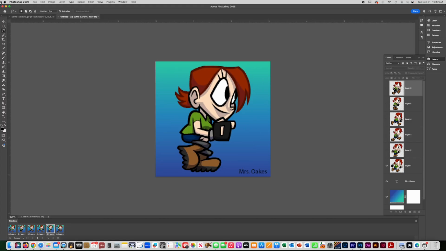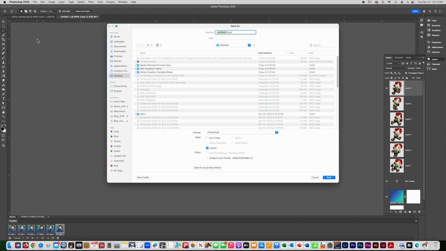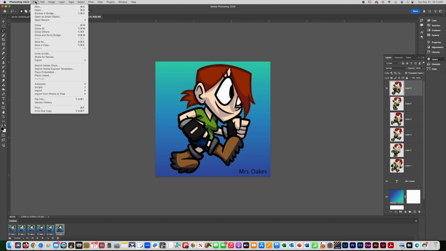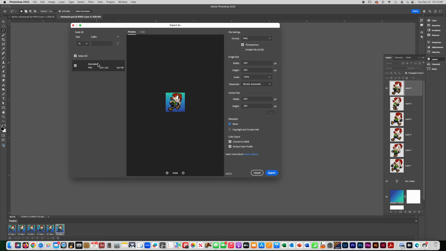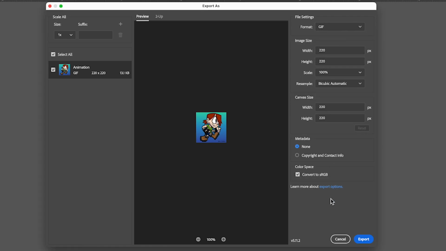All right, so we're ready to save this. So just go to File and say Save. And you can just call it Animation, PSD. And then you need to save it as a GIF file for it to be animated. So the next step would be to go to File, Export, Export As, and then go over here where it says PNG and choose the GIF. Right here, you can leave all that other stuff the same and say Export,